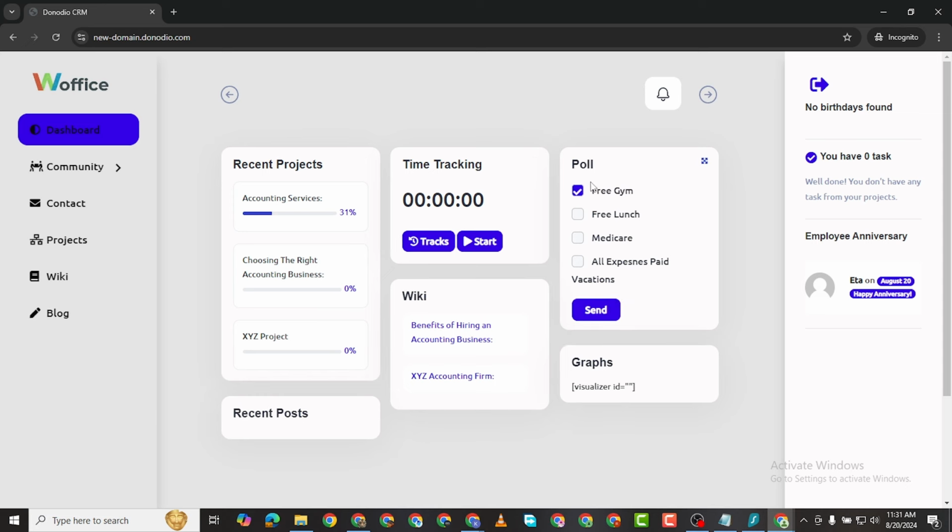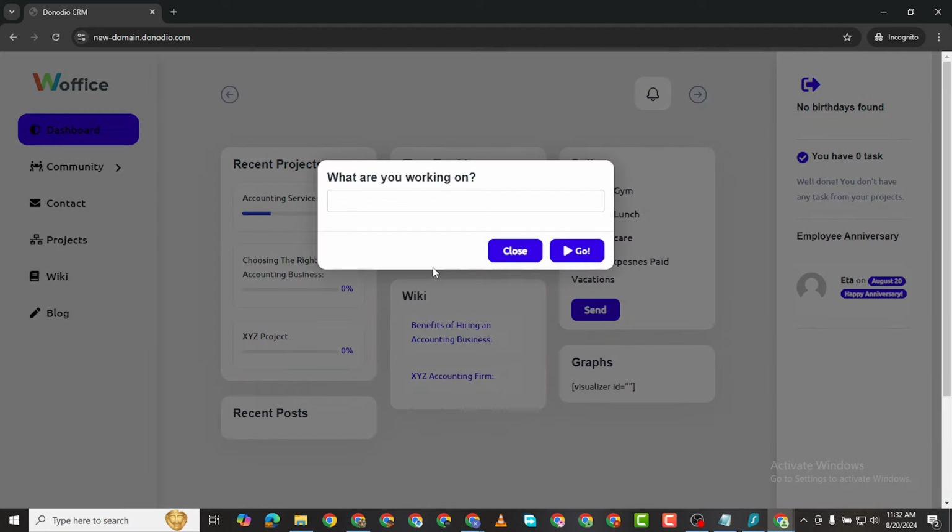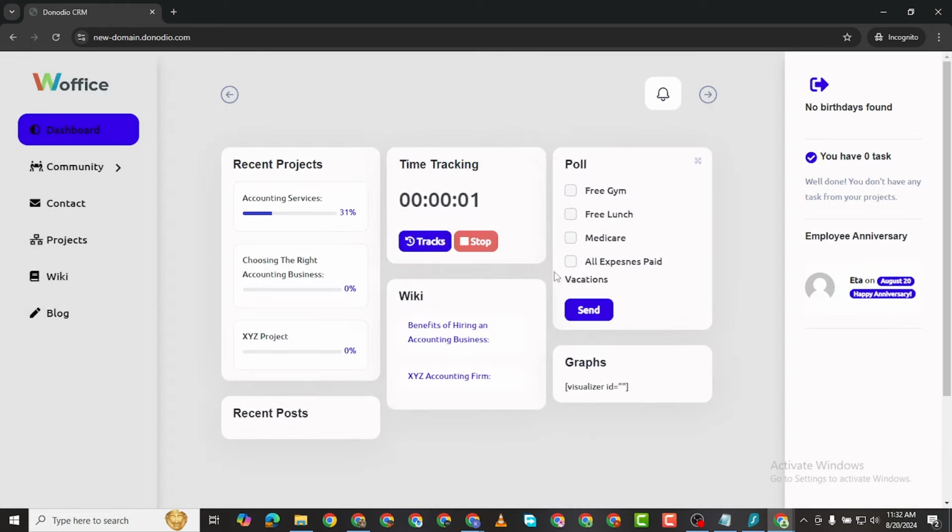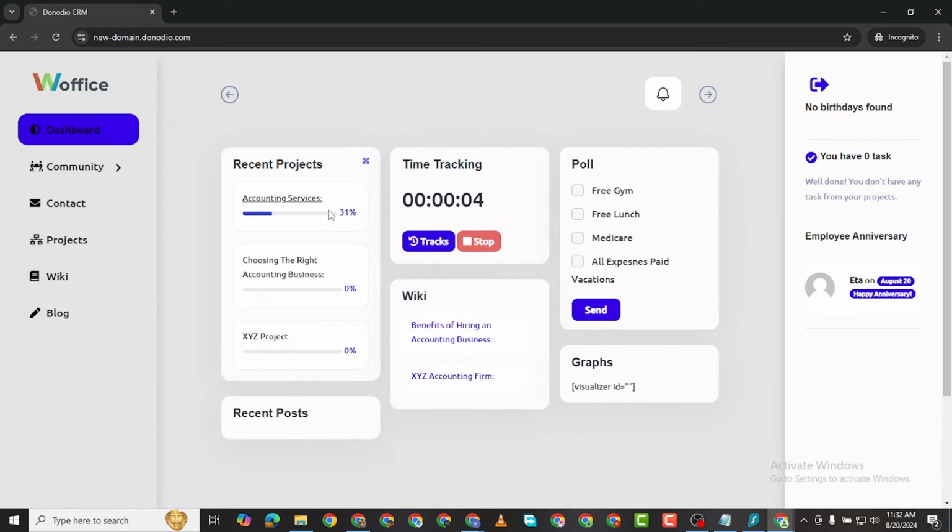So Paul, what would you want? We can see, you can choose this, all expenses. There is also a way to limit that each person can choose just one, so that then time tracking, this person can start the timer here. What are you working on? You can see XYZ project, and then you say go. You see the timer has started. It's timing him now,